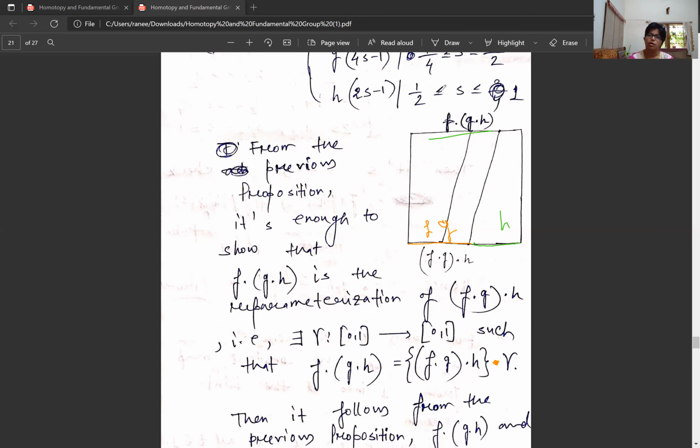So now I want to see the homotopy between them. Remember, everything is the reparameterization. The advantage of reparameterization is that, since they are paths, they are continuous functions from the closed interval [0, 1] to my space X, right? So if I can see what is happening in [0, 1] cross [0, 1], that means in the square,